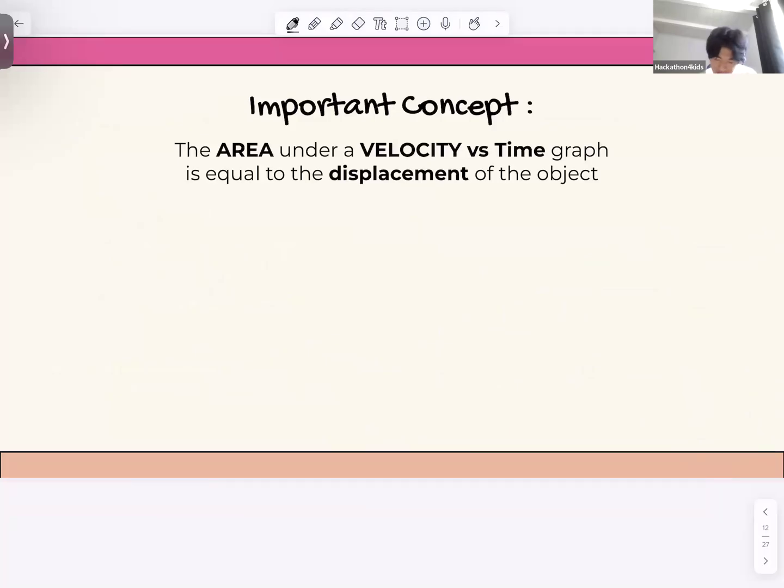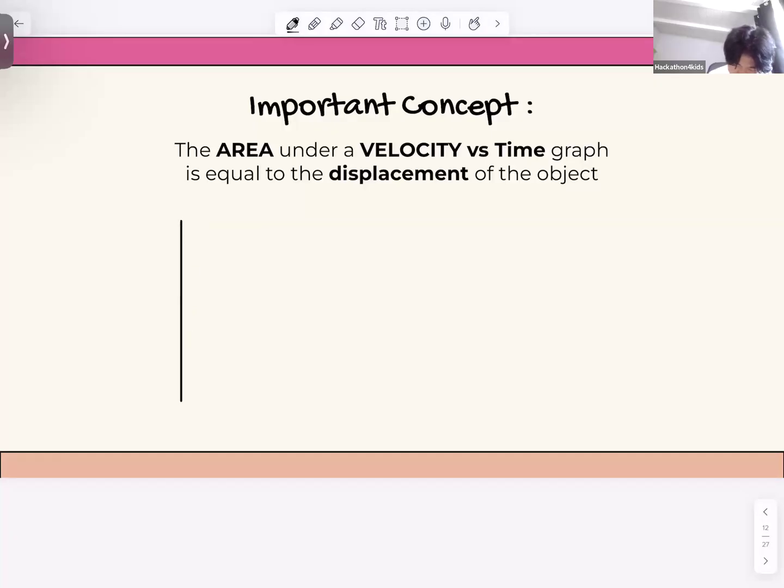And another important concept: the area under a velocity versus time graph is equal to the displacement of the object, okay? Might want to write this down. Why? Let's do a simple example then, okay? So